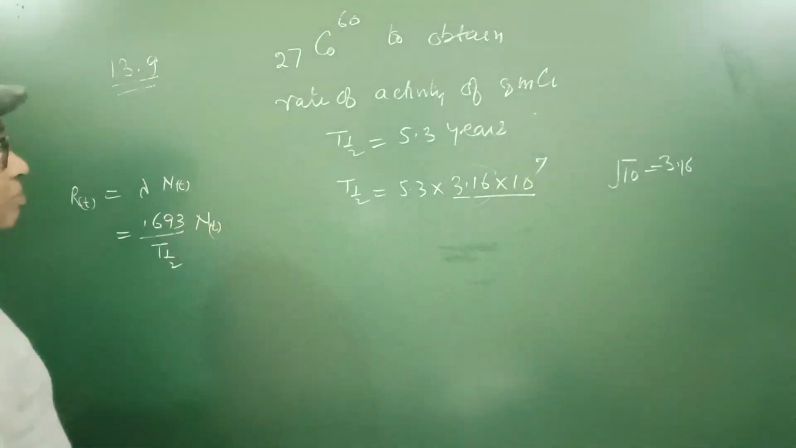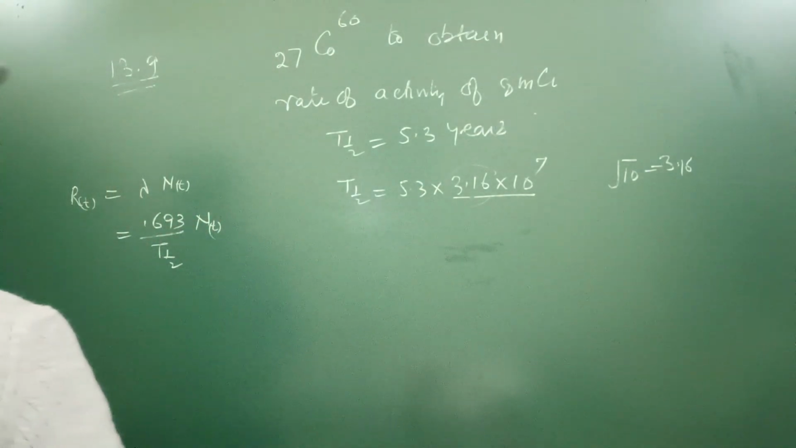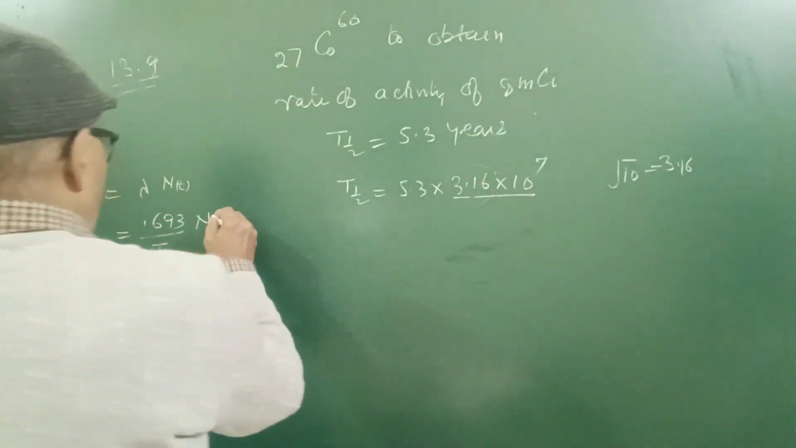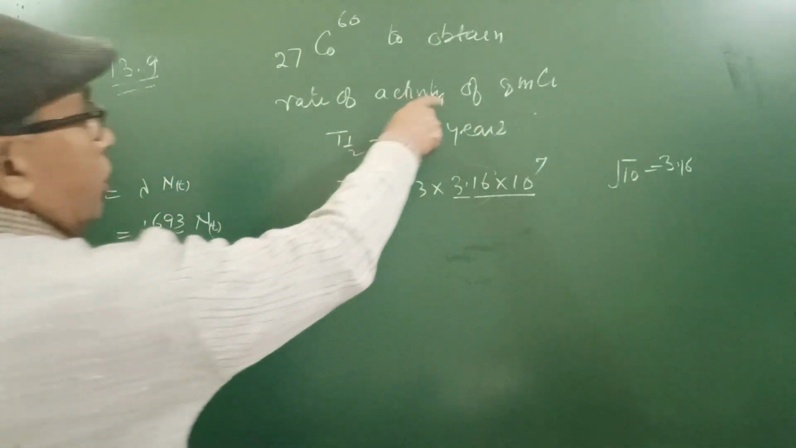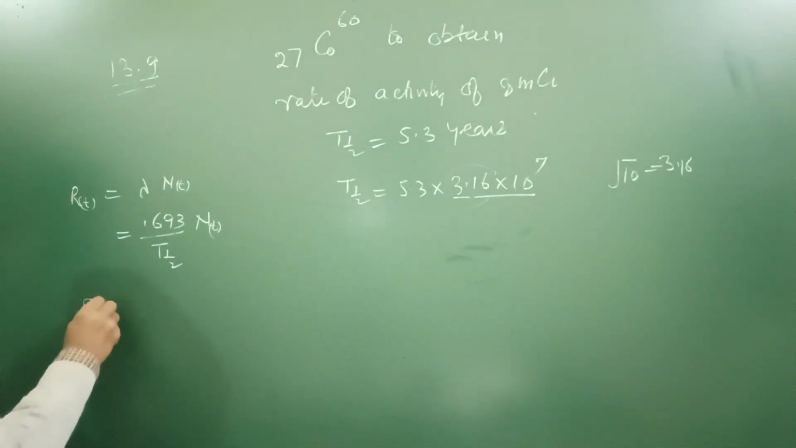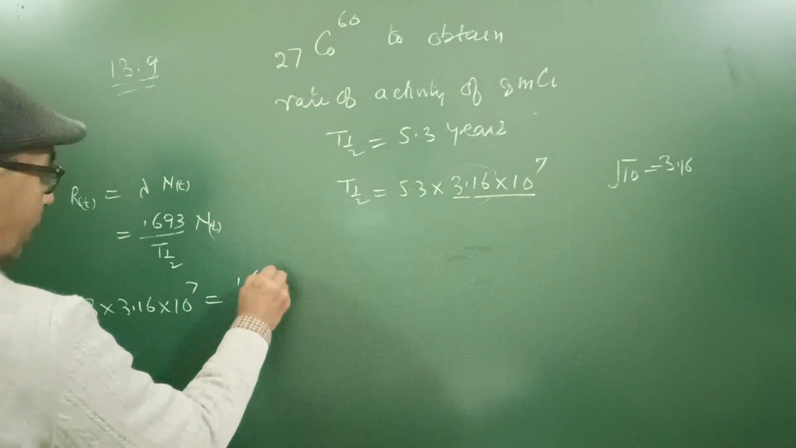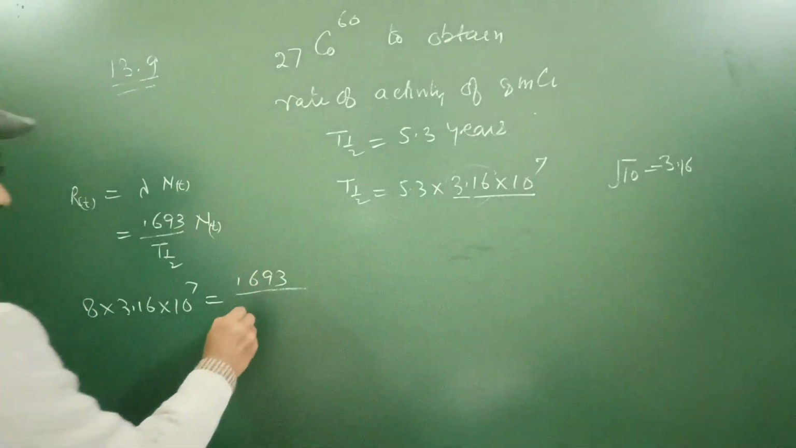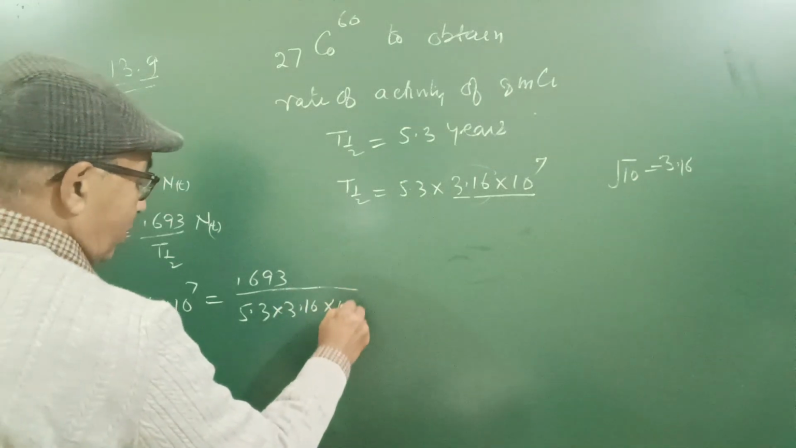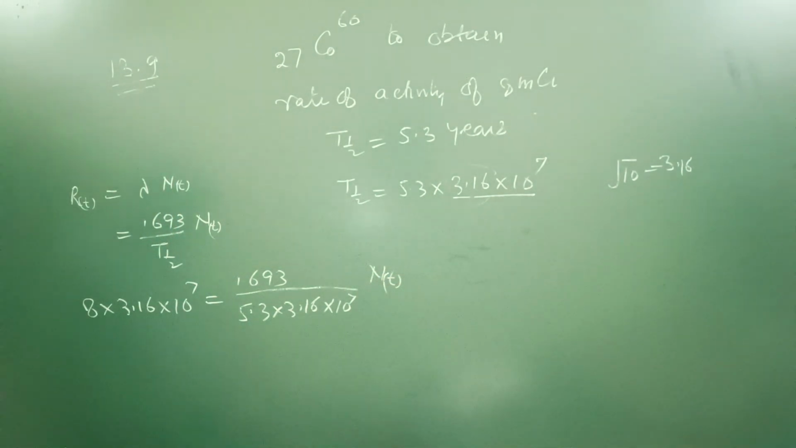Now you need N(t), the number of atoms. What do we need to find? We need to find the mass. So from here we are given the rate of 8 millicurie, so 8 millicurie means 8 into 3.16 into 10 to the power 7. That equals 0.693 upon T half, 5.3 into 3.16 into 10 to the power 7, into N(t). And we need to find N(t), so here you get